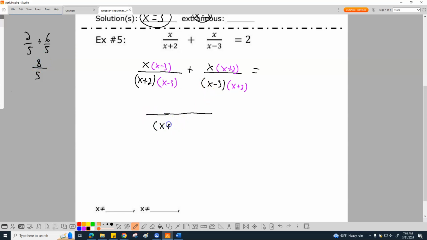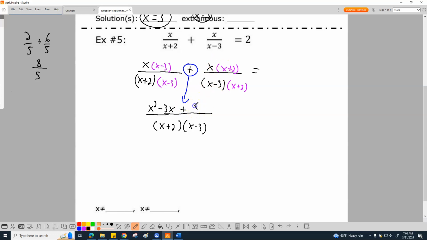I have my x plus 2. I have my x minus 3 for my denominator. And this one, you ready? x times x is x squared. x times negative 3 is minus 3x. You ready? Plus, do you see this plus sign right here? I'm going to circle that plus sign in blue. Plus, it goes all the way down right here. Plus,